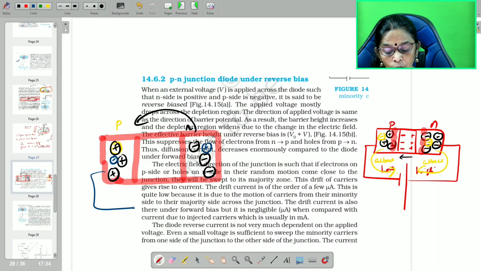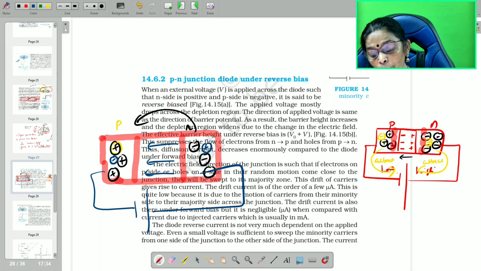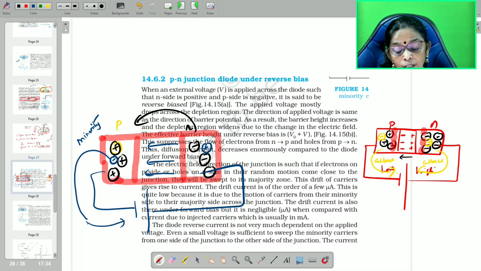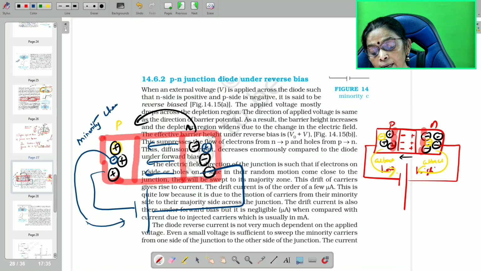But with a very high reverse voltage, there is a possibility for minority charge carriers. These minority charge carriers can give rise to current, but the potential barrier keeps on increasing. Since the minority charge carriers are very few in number,